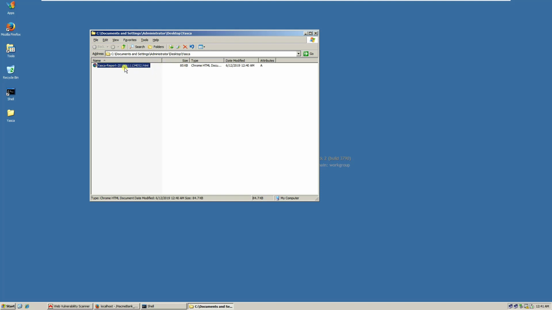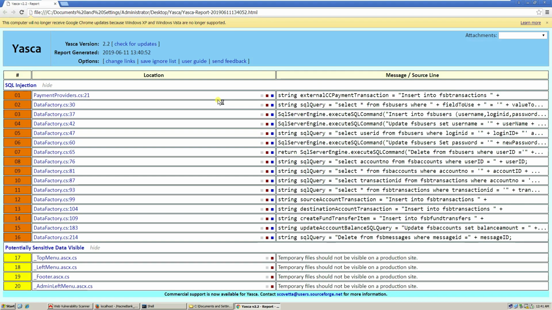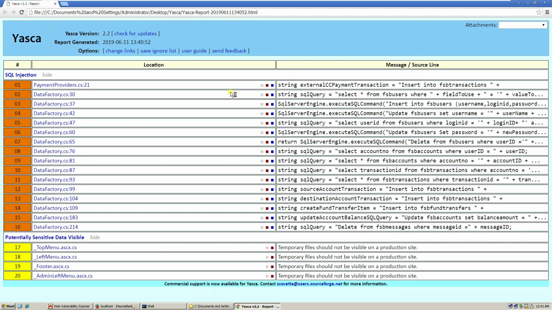Yeska dash report something something, which is actually the date. Double click this one to see the result. Now, this is the result of our static analysis. As you can see, we got a lot of